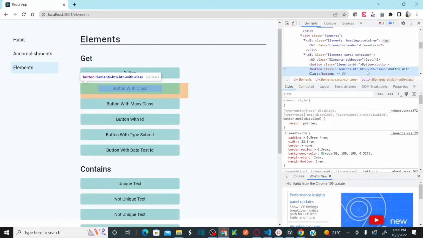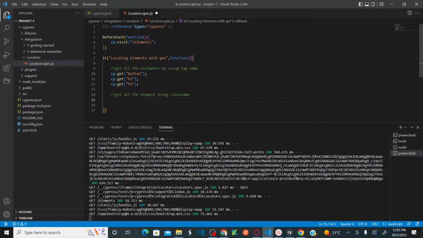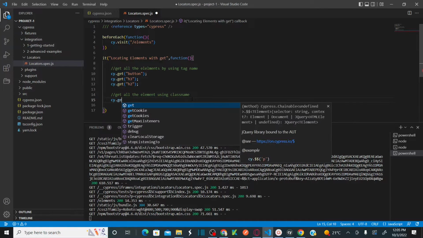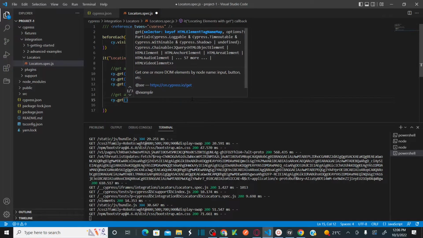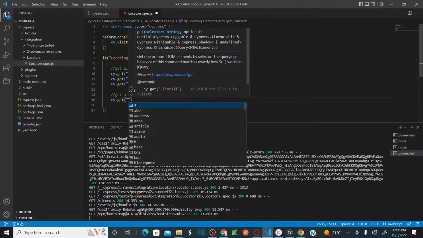So now I want to identify this element with the class name btn with class. Let me copy this. So now I'm using class name to get this button, correct? So for that, cy.get, and here I'm not directly going to specify the